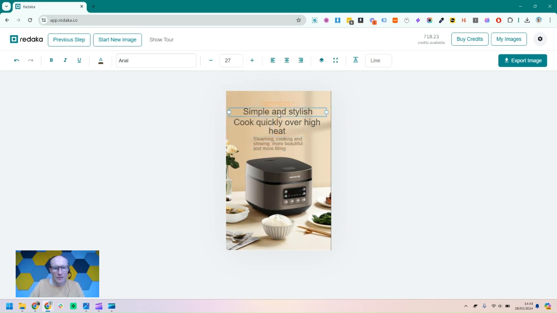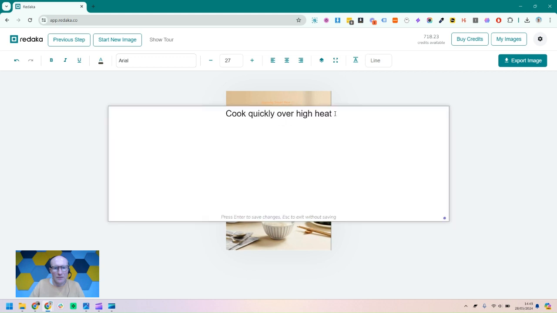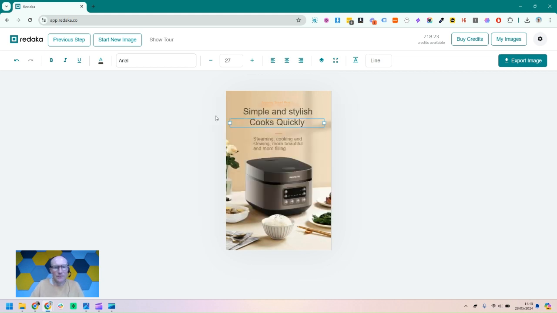and then I'm just going to make this read a bit better in English. Cooks quickly, and then stretch this and make it centralized, make it a bit bigger again, although it's probably not that important, just the model number,